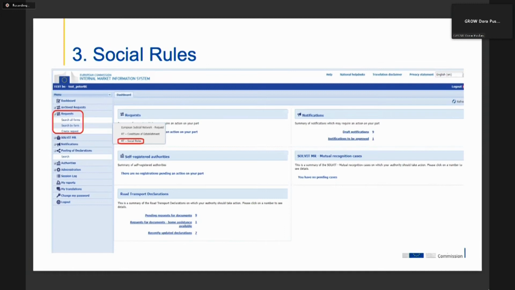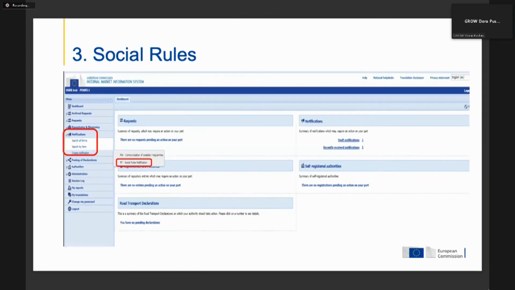Ceci donne aux États membres et aux autorités compétentes la possibilité de demander aux autorités compétentes ou à un État membre des données supplémentaires sur l'interprétation des articles de la réglementation 561/2006. Donc, les autorités à l'origine de la requête peuvent cliquer sur créer la requête dans la section requête. Et en choisissant les règles sociales, la requête peut être lancée, la demande. Si on passe à la diapo suivante,